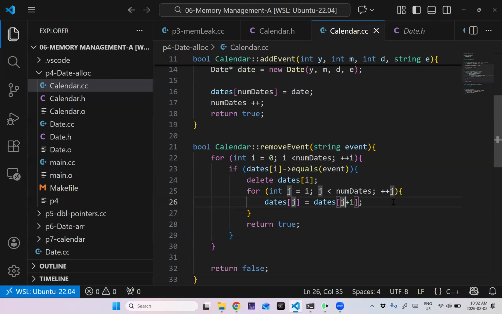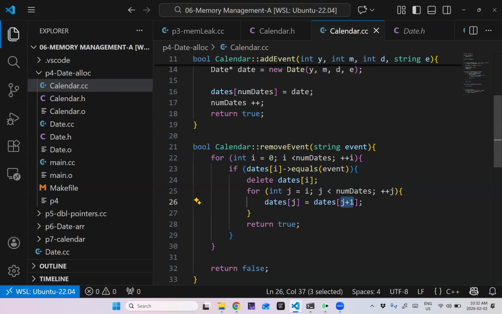So num dates, generally speaking, you might be thinking, well, maybe I should do a +1 or a -1. This will work for a long time, but it's not quite correct, right? It'll work until my array completely fills up. But if I look at what the maximum value of j is, it's equal to num dates minus 1 at most, at which point I copy from num dates.